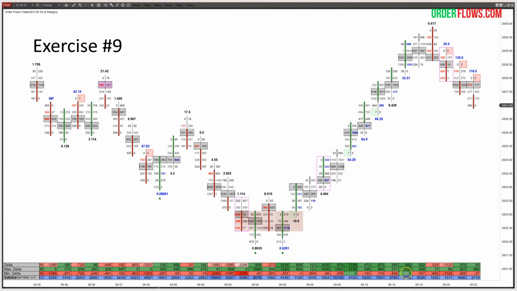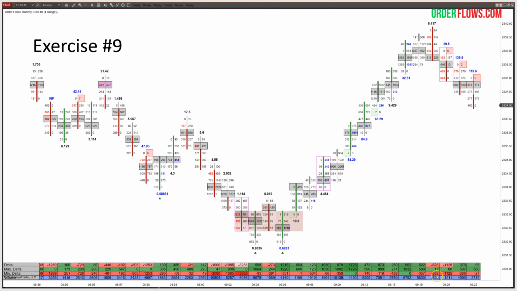But it's up here, actually to the right of the chart. You can see as you're coming into the high, you get that last push up, 922, went from a positive delta of 250 to 992, and then it got a little weaker, 522, and then minus 528, minus 1125 as the market starts selling off. Would I consider this a flip? This would be borderline. You got 0 in the min delta here in the bar with 992 positive delta, then positive 17 with a negative delta of 528 against